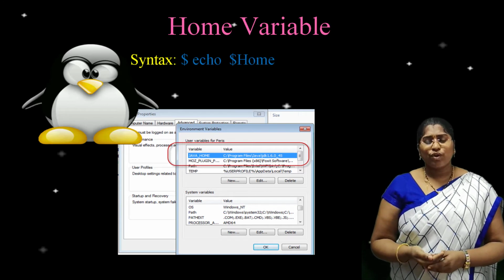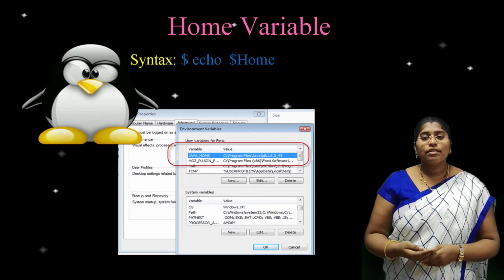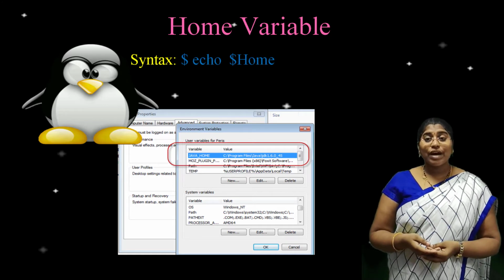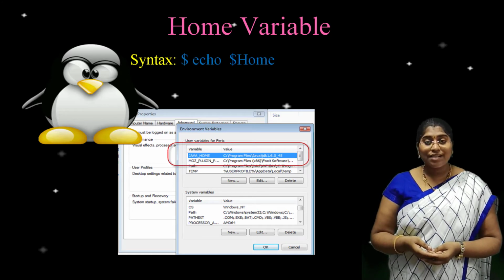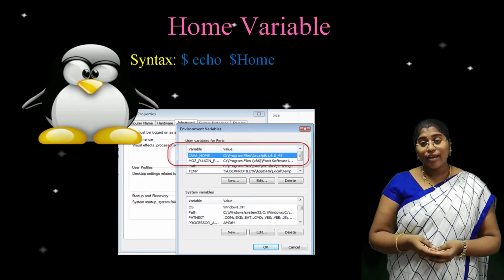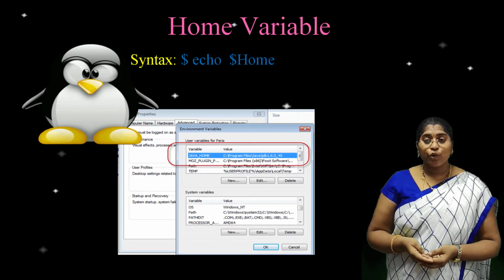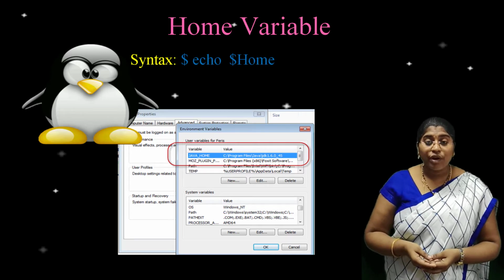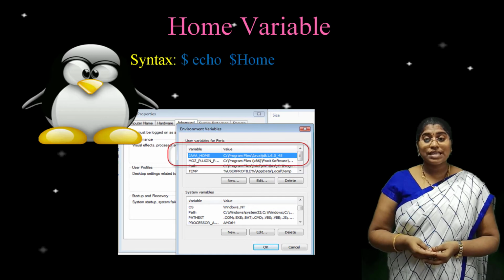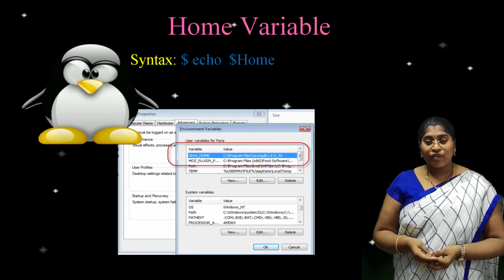The value of the path of the home directory is stored in the variable HOME. Its value can be known by $echo $HOME. This is the syntax: $echo space $HOME. After executing this command, the user can get the home directory.